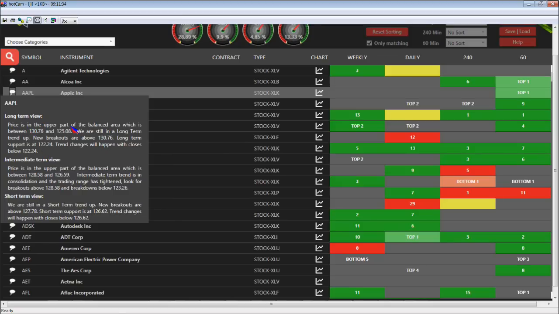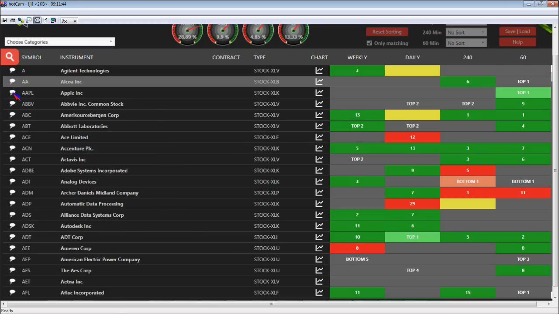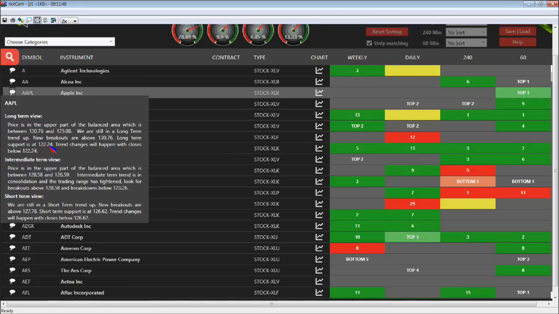Long-term view on Apple prices in the upper part of the balanced area, which is between 130.76 and 125.08. We're still in a long-term trend up. New breakouts are above, on a long-term basis, above that 130.76. Long-term support is at 122.24. We hit that almost to the tick the other day, and that story really, I think,